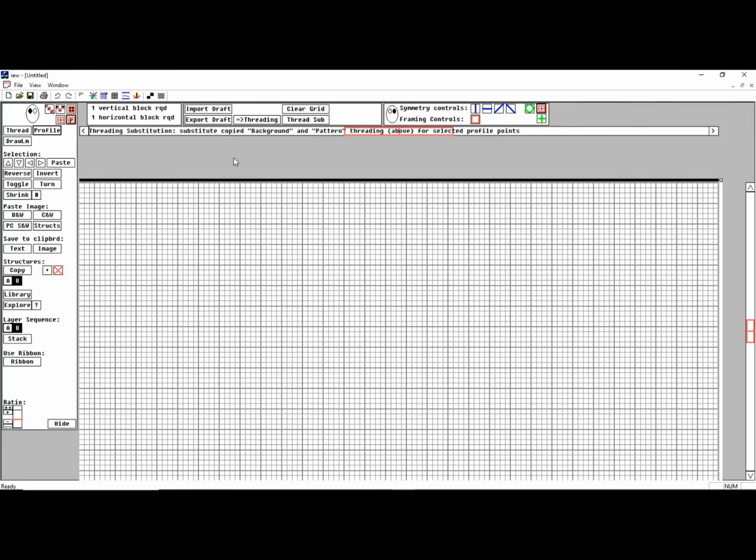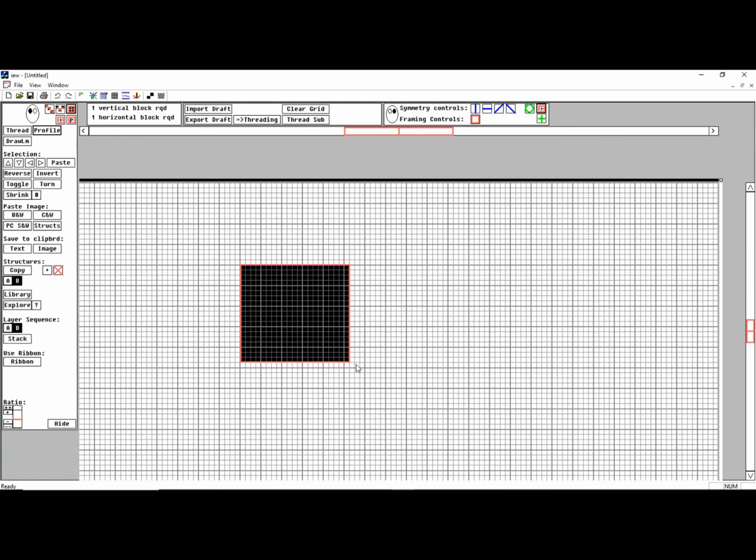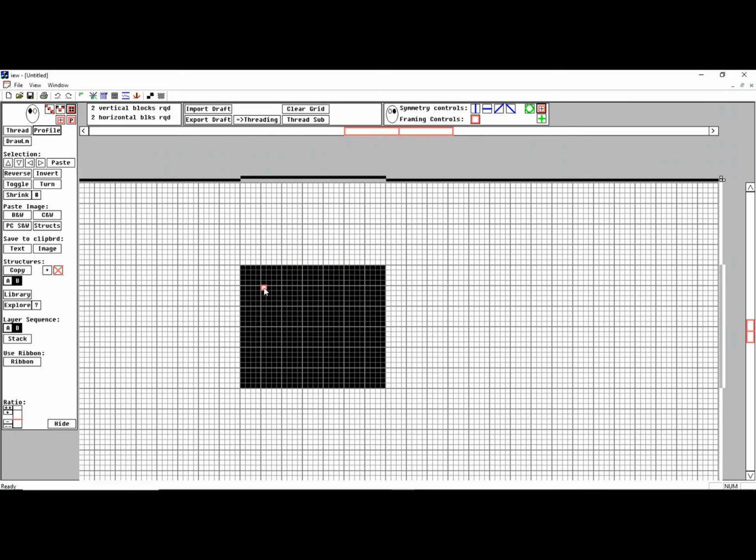A brief description of how to use the Quickdraw weaving program's grid view to do profile drafting. Let me say, for example, we wanted to create a napkin that had a structural pattern in the middle of it. So I've taken a fairly large